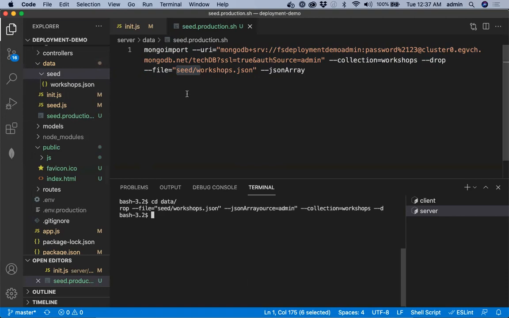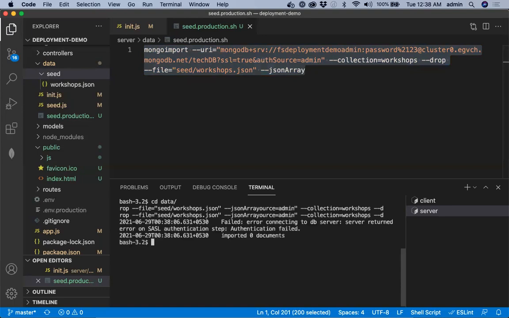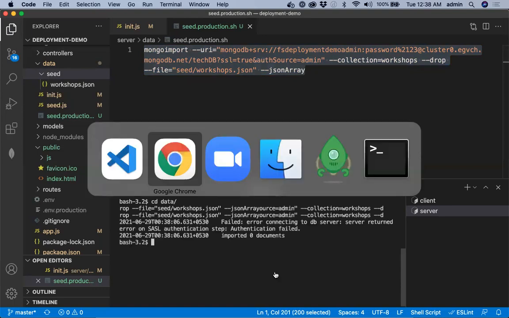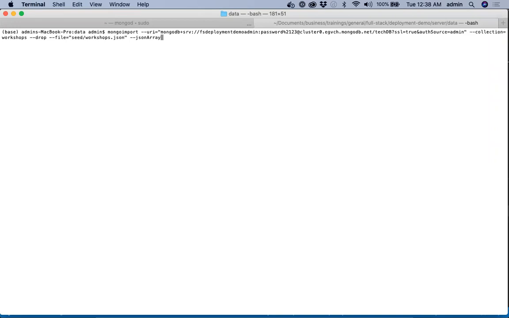It didn't get copied properly. Let me copy the whole thing. It's not getting copied properly. Let me try to run it from here. I'm not in the right folder. Oh, I am in server data, that's right.